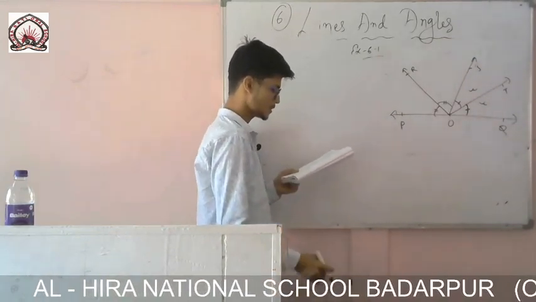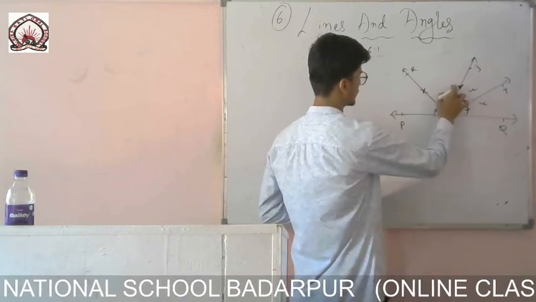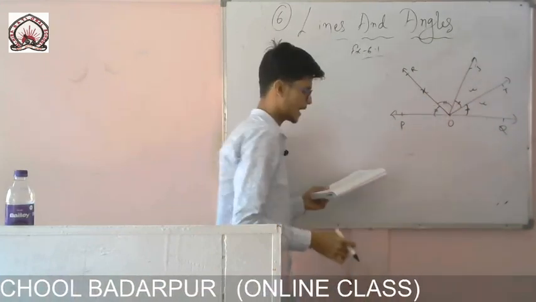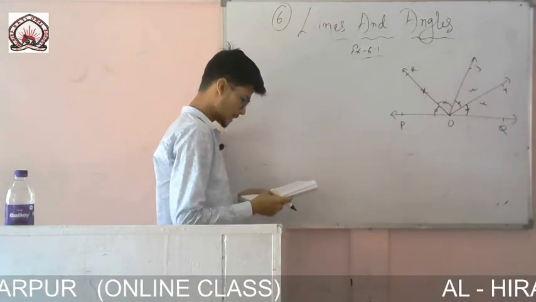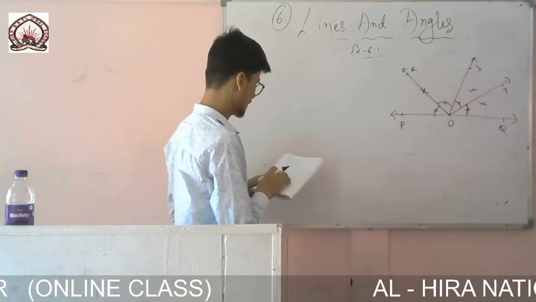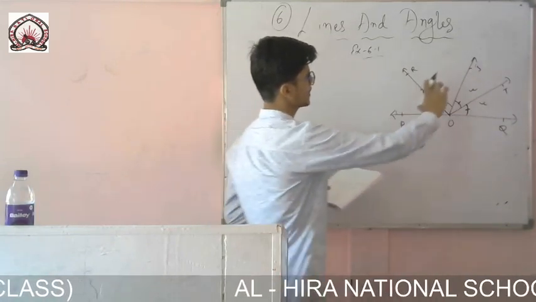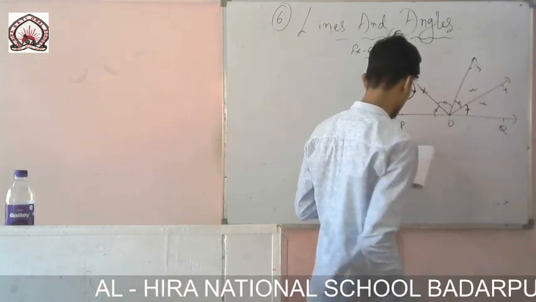Okay, so the question is, POS, the measure of this whole angle, it is given X. POS, this whole angle measures X. So the question is to find ROT. Okay, so what is given here? Ray OS stands on line POQ. That means this angle plus that angle will be equals to